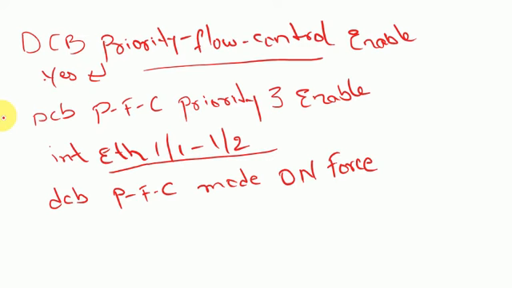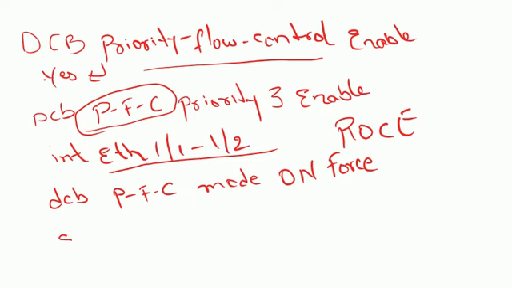Okay, so now what we should do after this, we should do the configuration on the server side as well. On the server side also the PFC should be configured. So once the PFC is configured on the server side, you should run the RoCE traffic from server 1 to server 2. In between we have this switch. Okay, so now once the RoCE traffic is run between these servers, we should check by using the command show